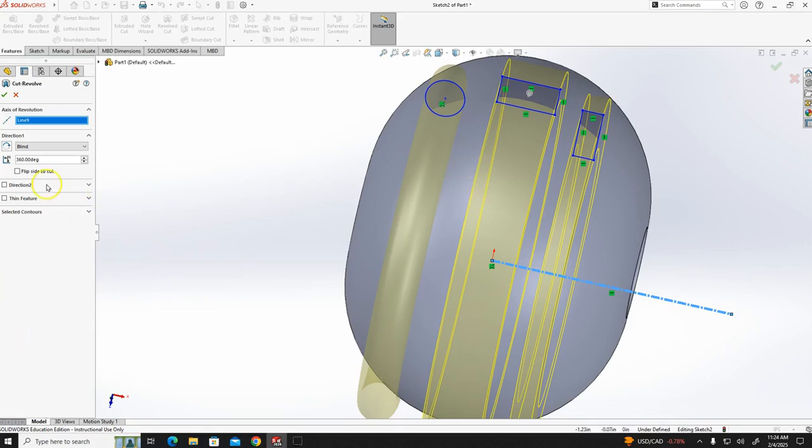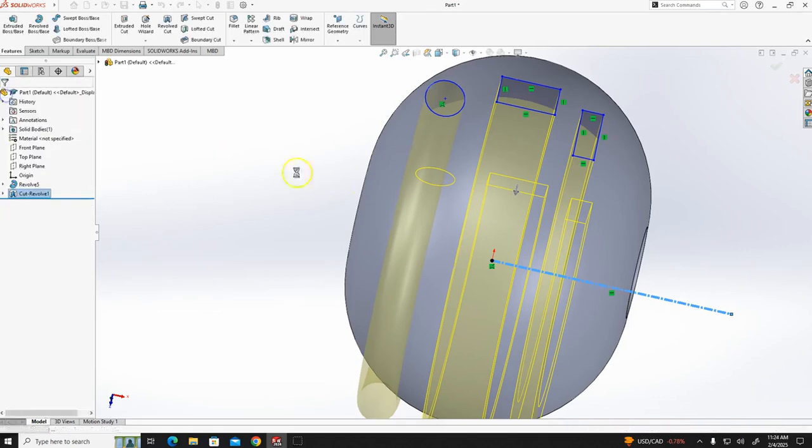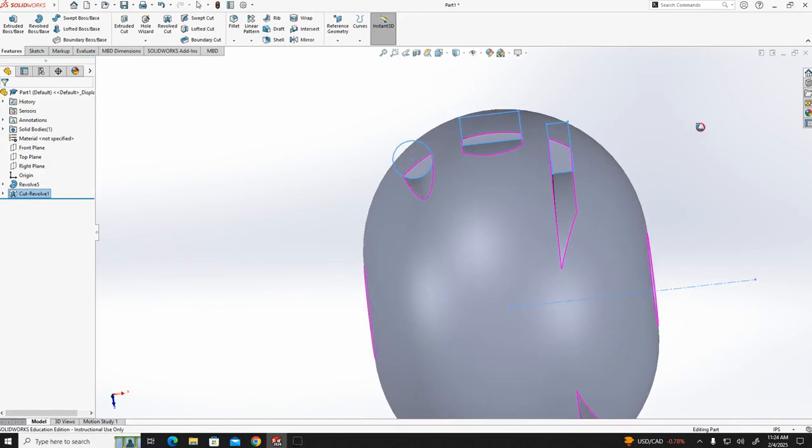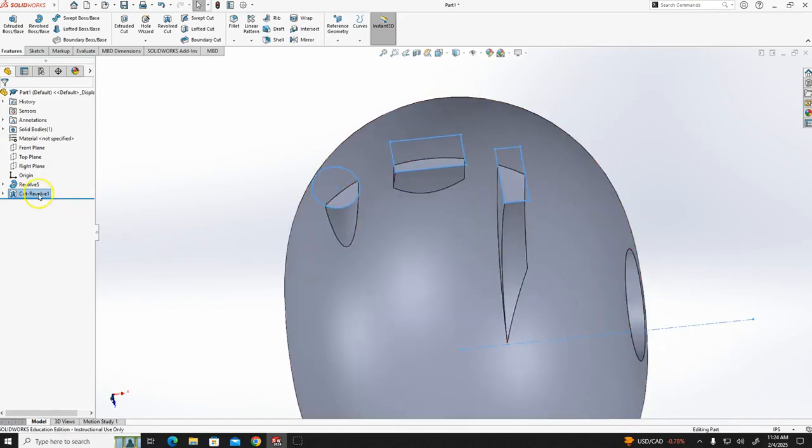This is the preview. Let's see. I will set a 270-degree angle. You will see how it will look. So you can see, instead of 270 I will make it